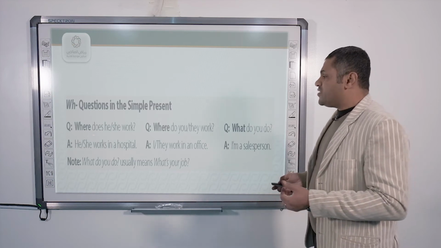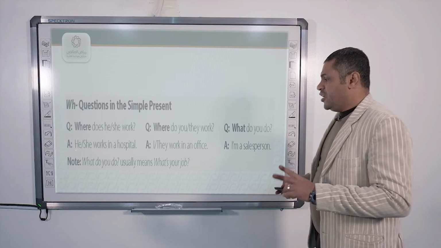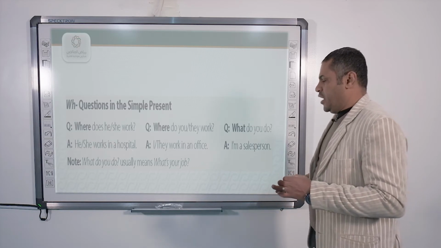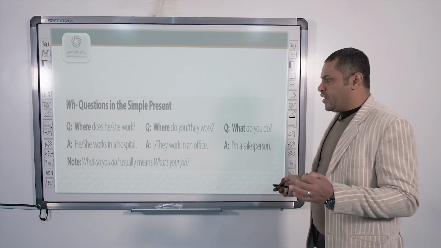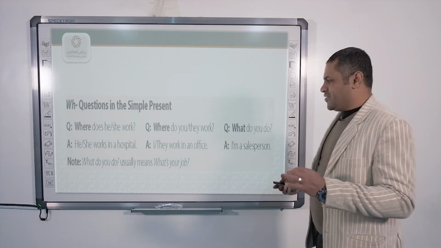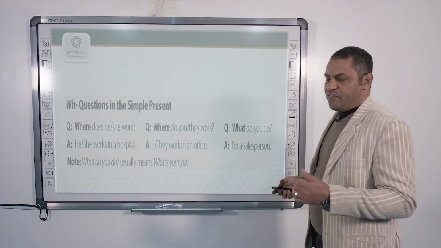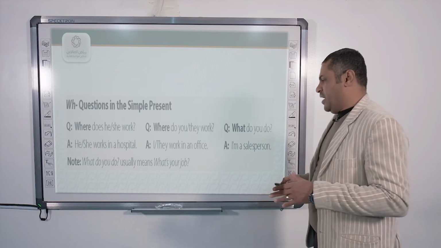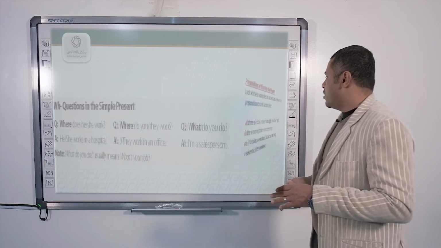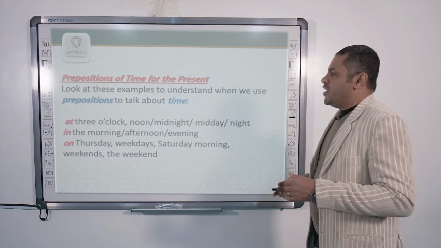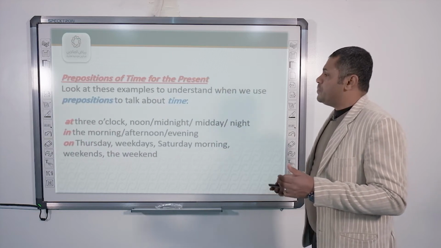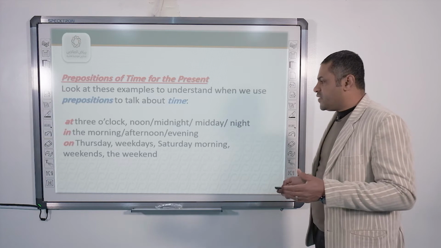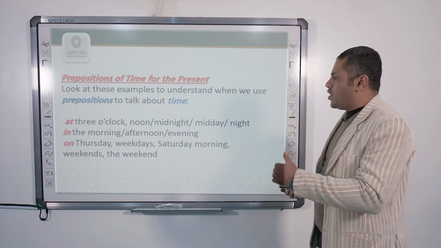For example, what does he or she work? He or she works in a hospital. يبقى عندنا في السؤال does مع المصدر مع المفرد يدينا في الإجابة فعل بإس. أما do مع المصدر يدينا الفعل بدون إس مع الجمع. Okay? Now let's transfer into a next topic related to prepositions of time for the present اللي هي الحروف الخاصة